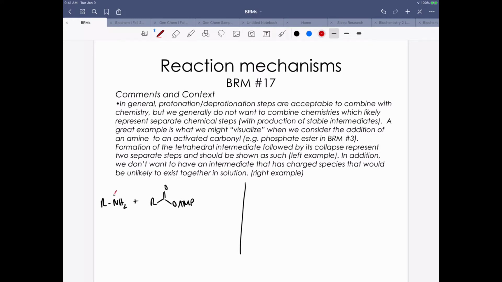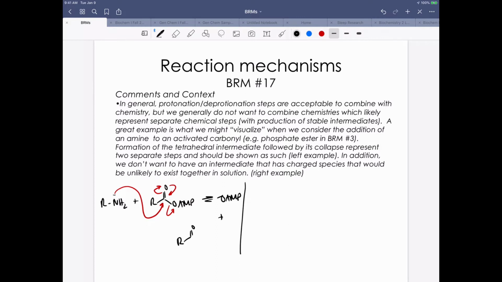So we might say, okay, we've got nucleophilic attack here on this electrophilic carbonyl carbon. We generate a tetrahedral intermediate. That tetrahedral intermediate decomposes, and then we've got departure of a good leaving group, and we generate our good leaving group